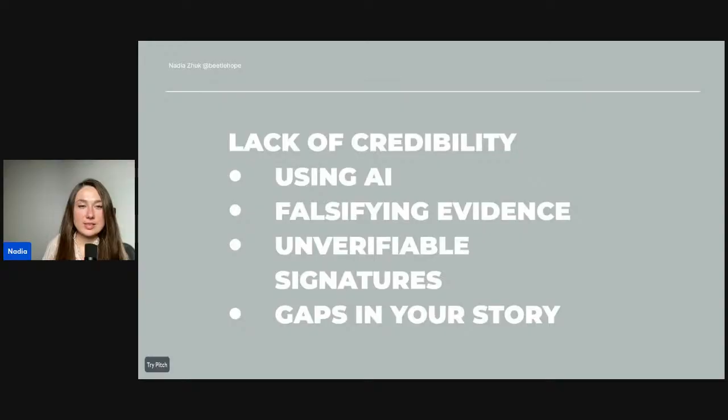It causes the assessor to not trust the documents. I mean, if a few documents seem off, then the whole application can seem off, right? So, for instance, if the signatures on the letters are not verifiable, if there are no logs, if you're using DocuSign, if some of the documents are falsified and they're just not true, there are some weird